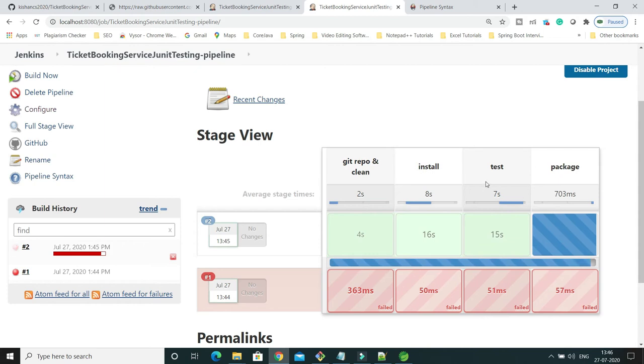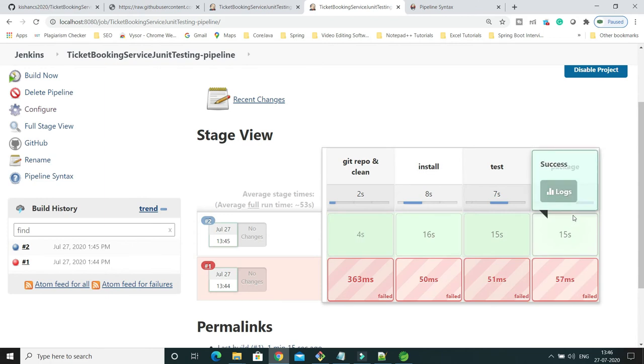Now this has also succeeded, and then packaging is happening. So this pipeline phase, again, is going to succeed, right?